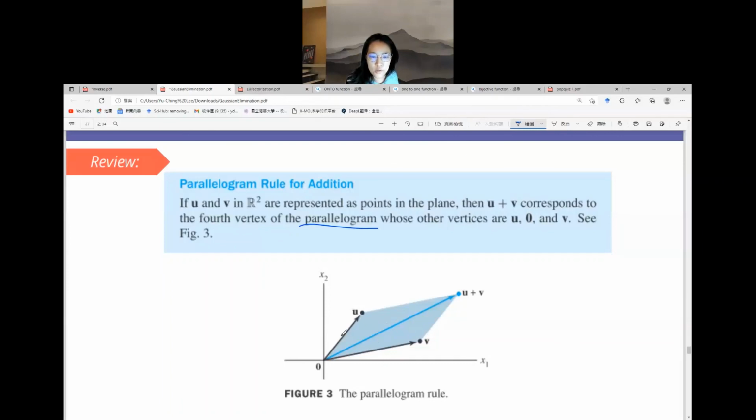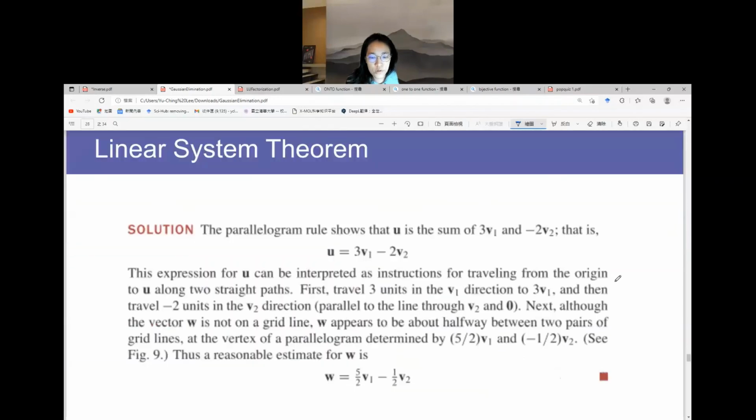Three of the vertices are the origin, U and V, and then the fourth vertex will be U plus V. So this is called the parallelogram rule for addition. In order to find the addition, you create a parallelogram. 我们做一个平行四边形作图，那我们就会找到 U 加 V 的这个它的在空间中的位置。